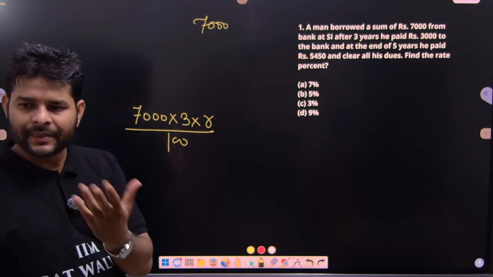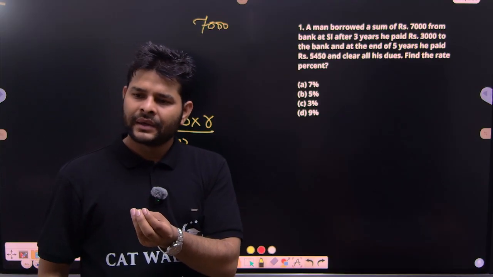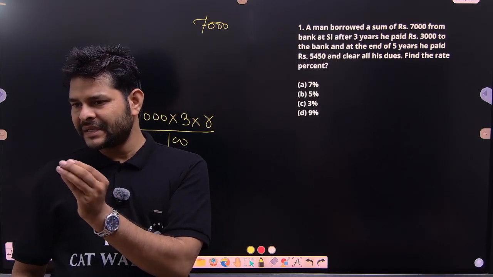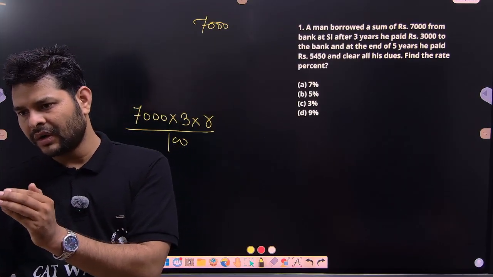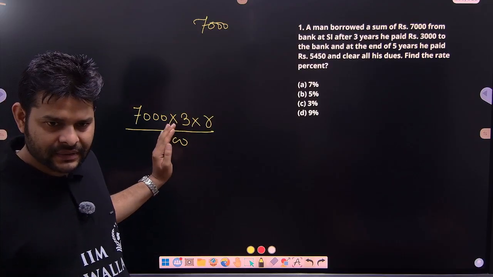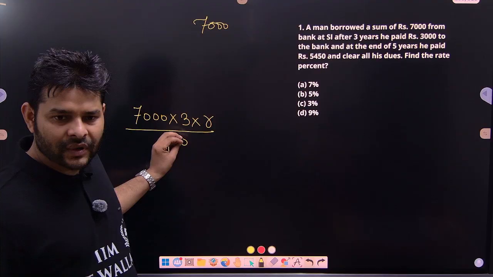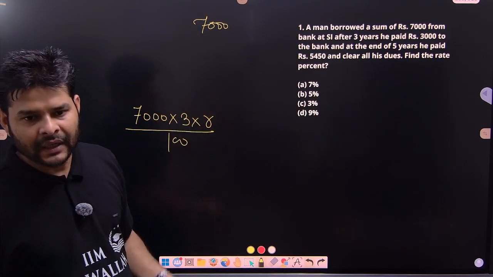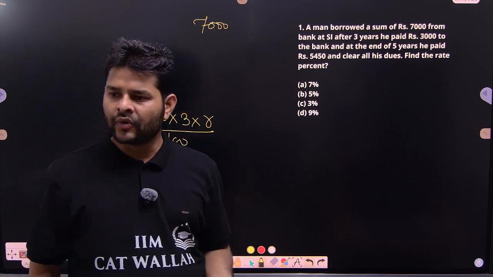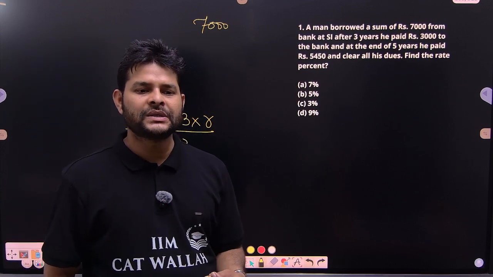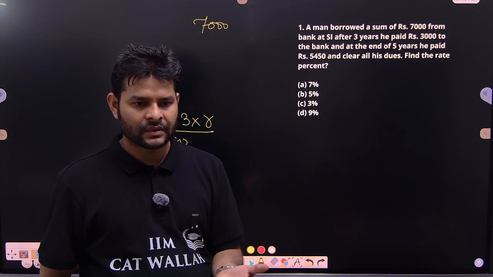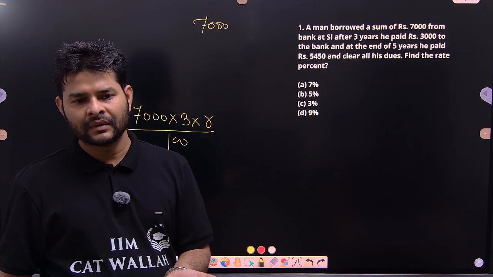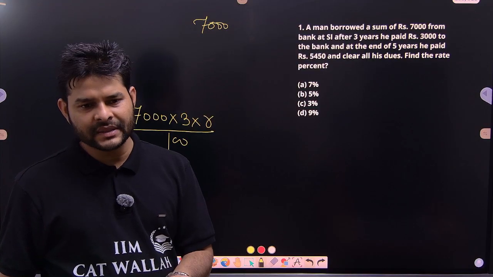I have taken 7,000 and didn't pay even a single penny to the bank, so the bank will impose interest on that 7,000. Now I go to the bank and pay rupees 3,000. So the rest is